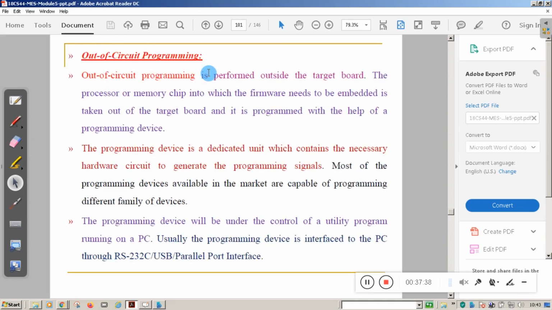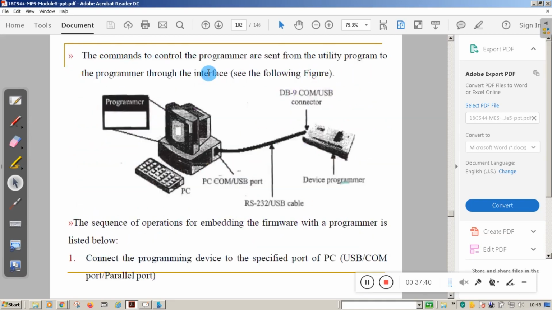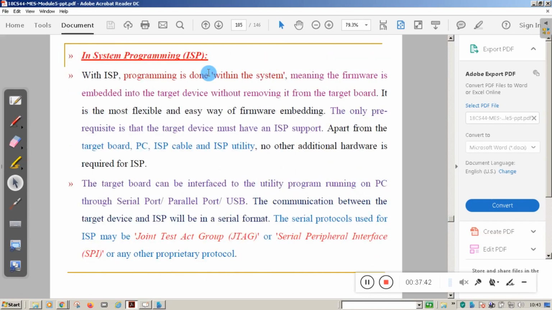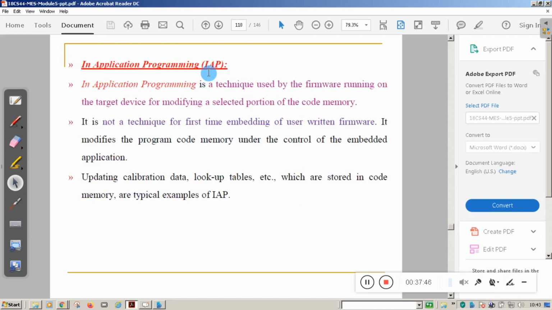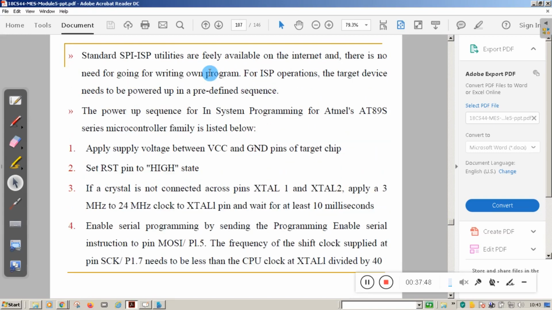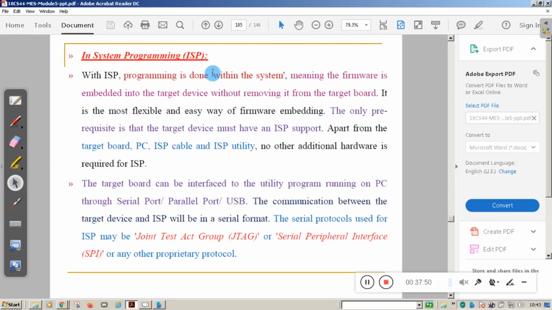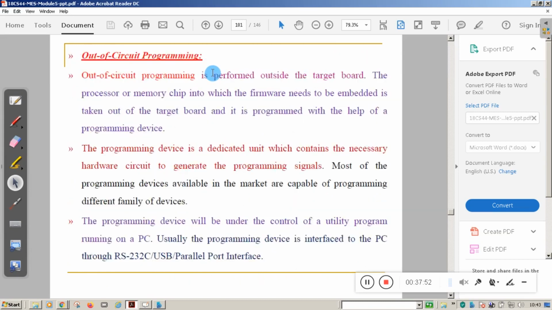That is nothing but out of circuit programming, in system programming, and in application programming. You know what out of circuit programming is. In out of circuit programming, you dump the firmware you developed into the target board.